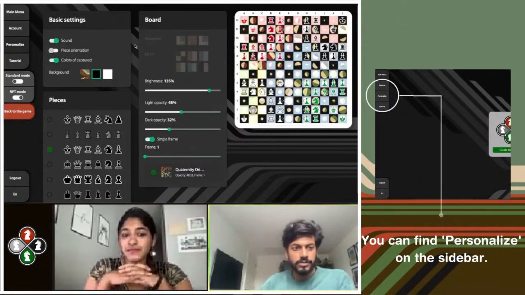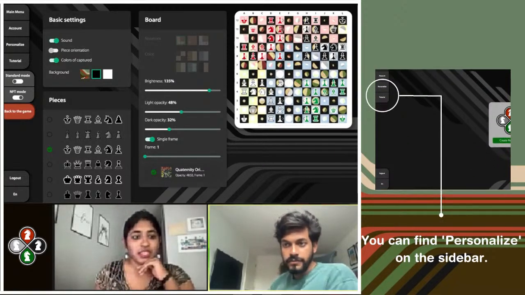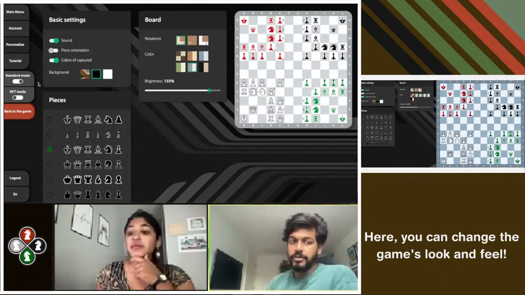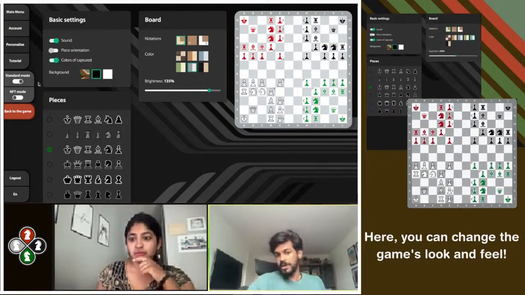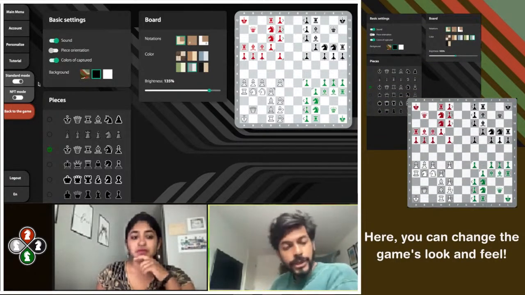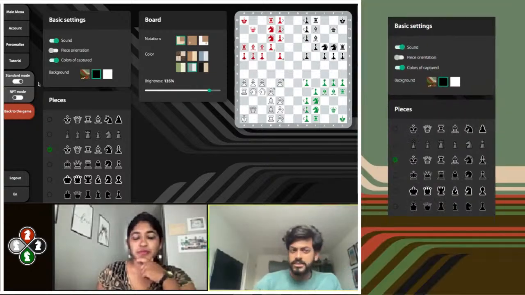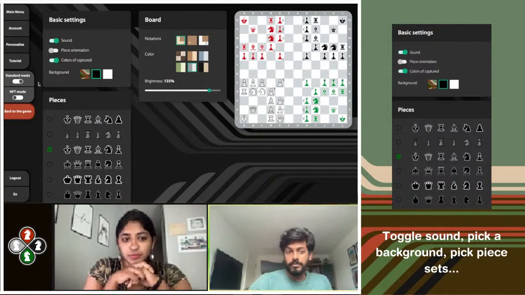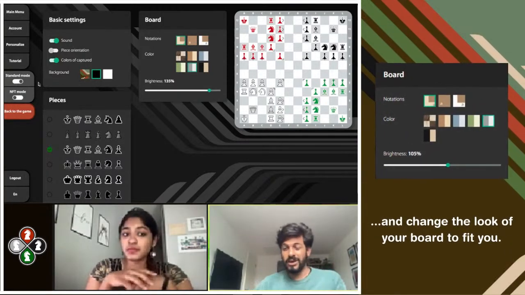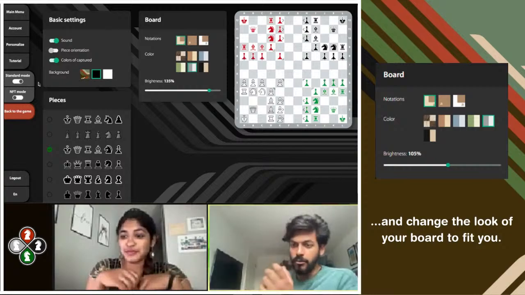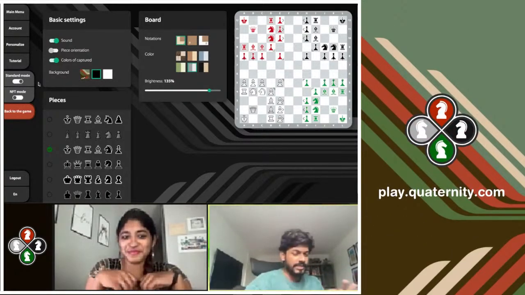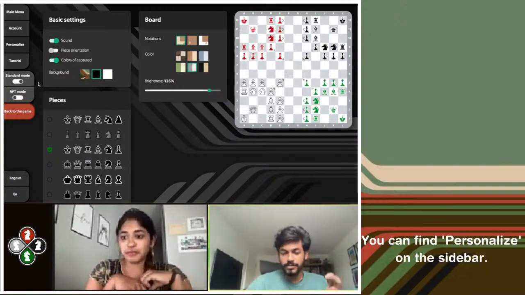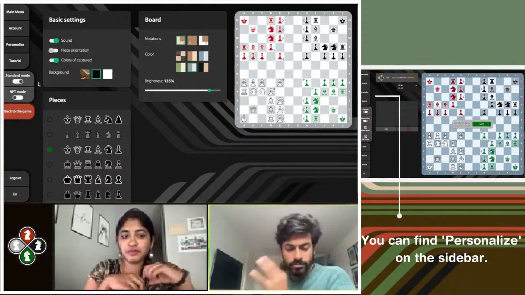So do you want to switch to the standard mode first on the left? Yes. So what most folks will see, and by default, this is what everybody has access to, right? We'll come to NFTs again in just a second, but there are these basic settings here. I think the sound is something that people appreciate, where sounds are supposed to come on when a move is made, right? And there are slightly different sounds if a piece is captured, if somebody's put in check, or if it's checkmate. Those are the three big sounds.